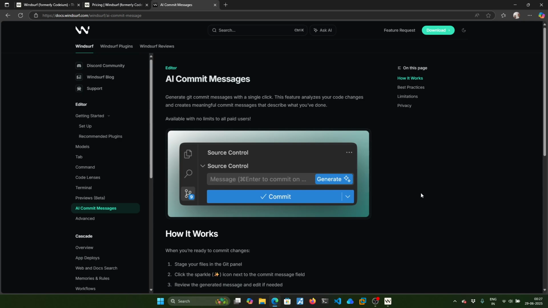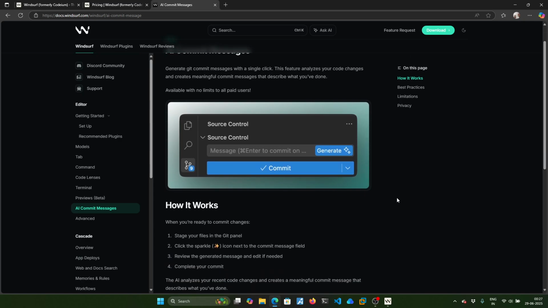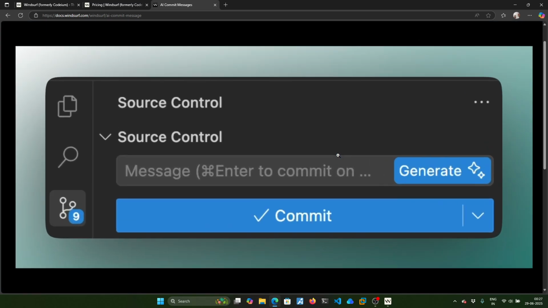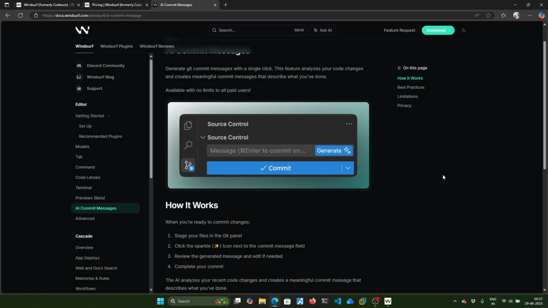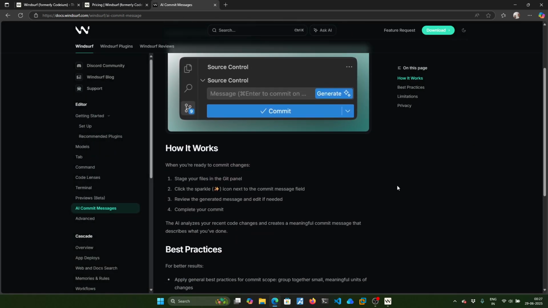But the idea is that once you have changed all the files, you can stage the files, and once you are ready to commit, you can just click on this generate that you can see here with these stars, and it will generate a commit message automatically based on the changes that you have staged,